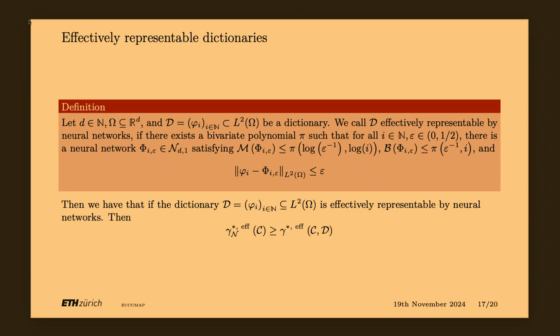And actually, this is exactly the way they show that neural networks are optimally representing most of the function classes, because since the dictionary is effectively representable by neural networks, you can show that this coefficient is always bigger or equal than the coefficient of the function class with respect to the dictionary that has to be effectively representable. This is a condition that we will have to say something about. But at the point where we have this inequality, essentially the work is done, because we can reuse all the work that was already done for optimal approximation of function classes with dictionaries.